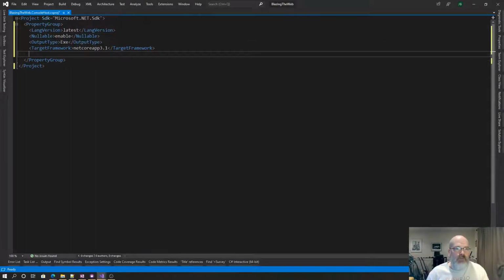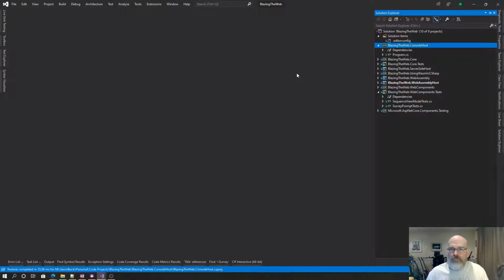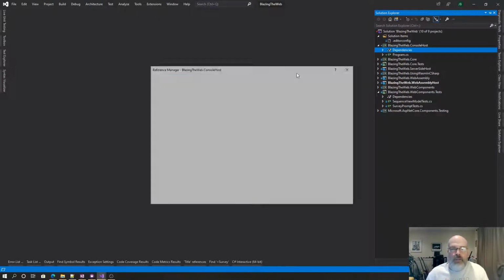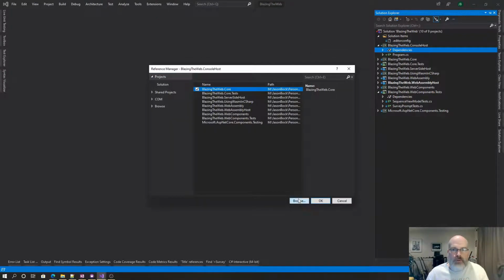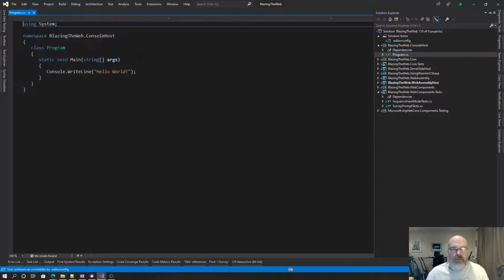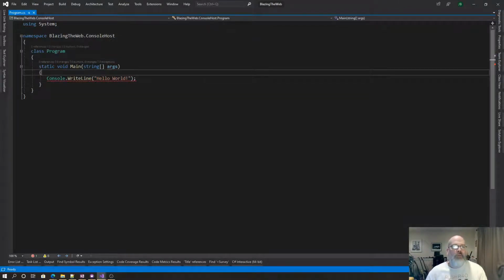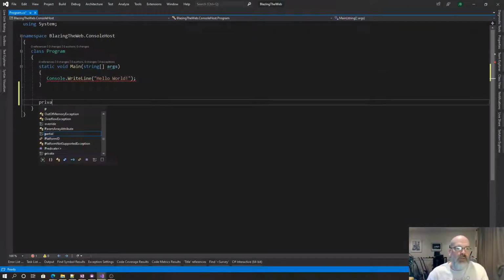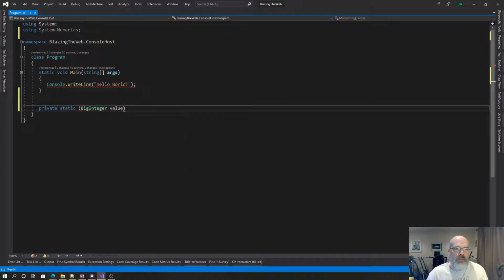And the other one is usually true. Okay. So what I want to do here, add reference to our core. Okay. And so the thing I want to do here is say like private static int, no, big integer value